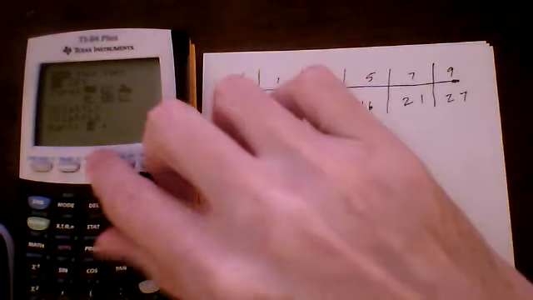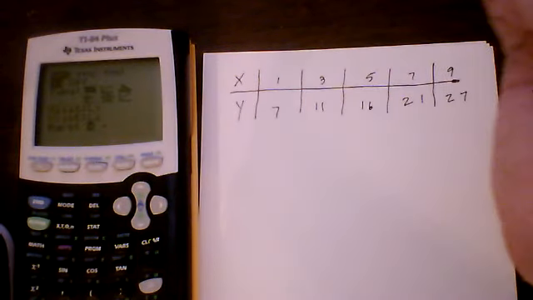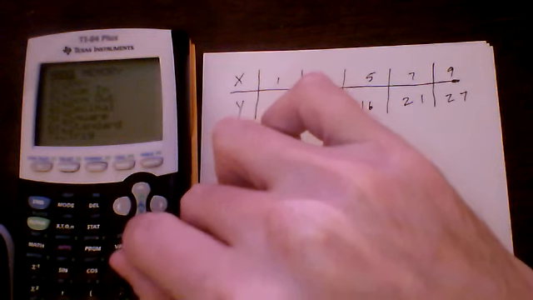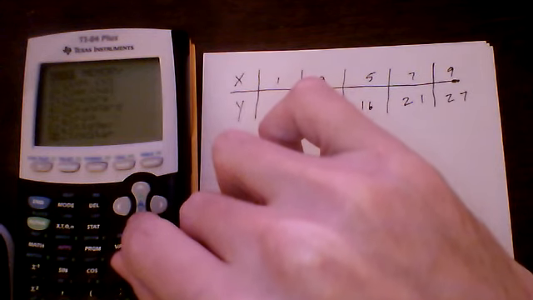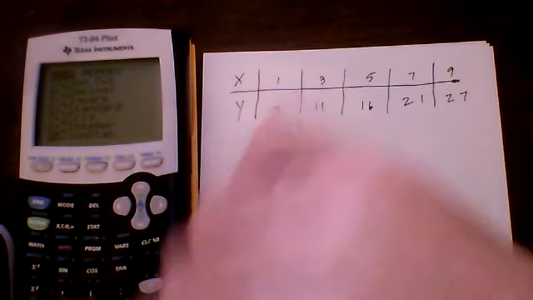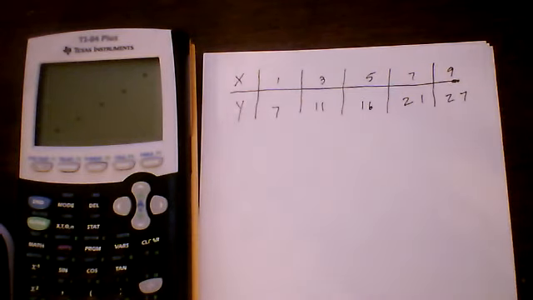Okay. And then our next step is to zoom in on where the data is. Now, one nice feature of the calculator is it has a very easy zoom function for these kinds of problems. It's called zoom stat. It's going to zoom right in on the data that's in our stat menu that we just put in. So I'll just go down here, choose zoom stat. Okay. And there is